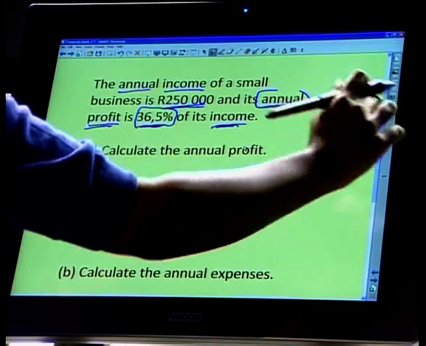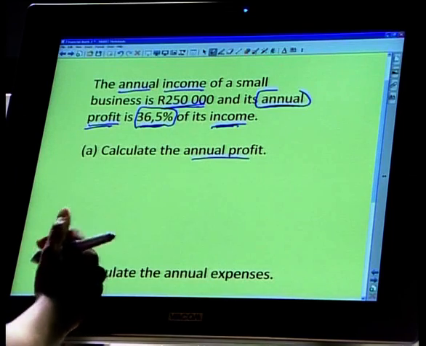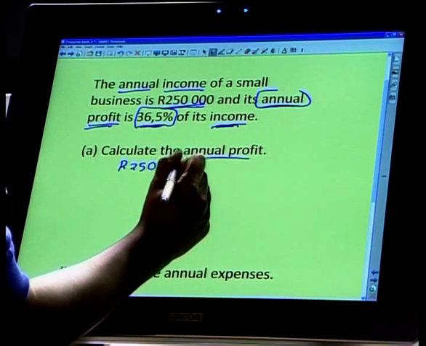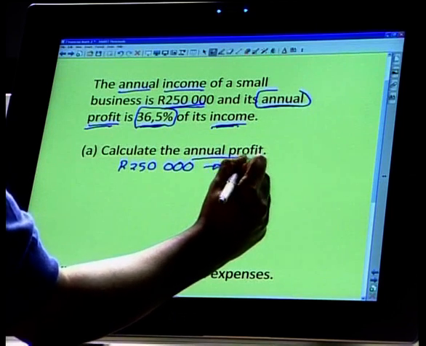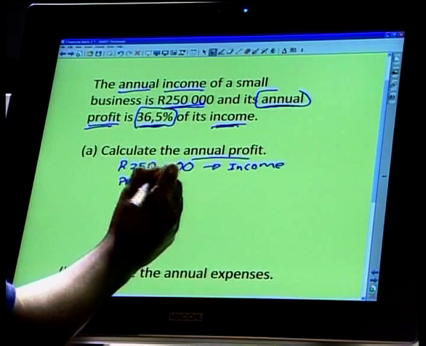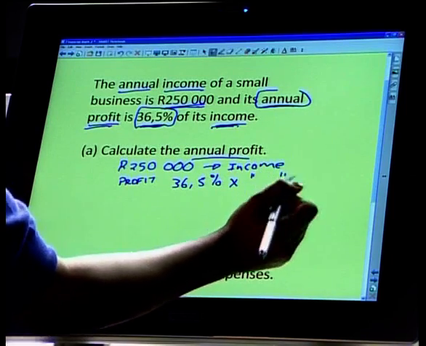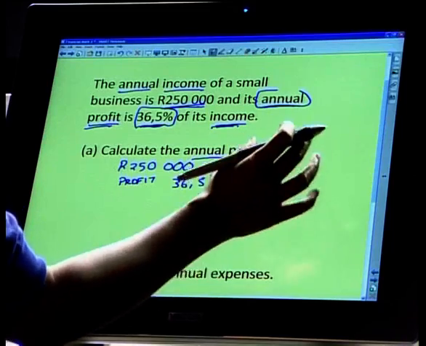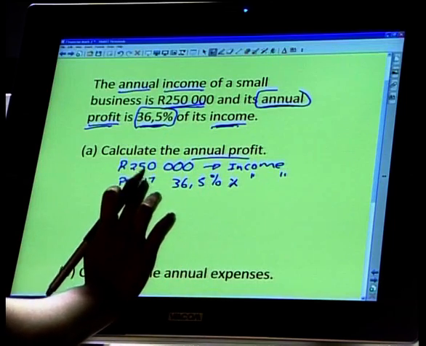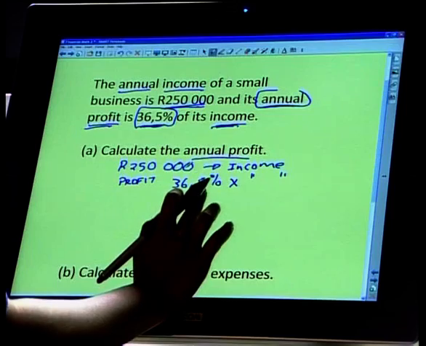The first question wants to find out what the annual profit is. So they ask us to calculate the annual profit. So they want to know in a year, if you're making 250,000 Rand, that's your income. And since we know that the profit is 36.5% times that amount. So it's 36.5% of that, or a fraction of that, is actually just solely profit. So in order to work out our profit, all we need to do is to multiply 250,000 by 36.5%,